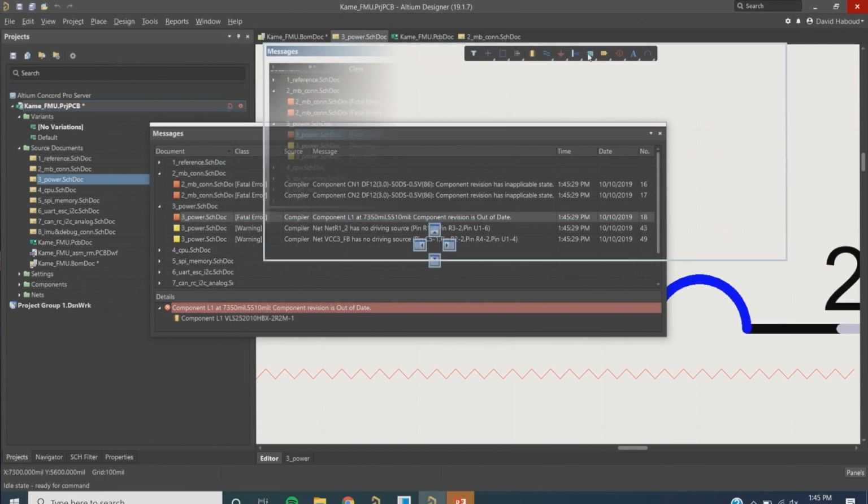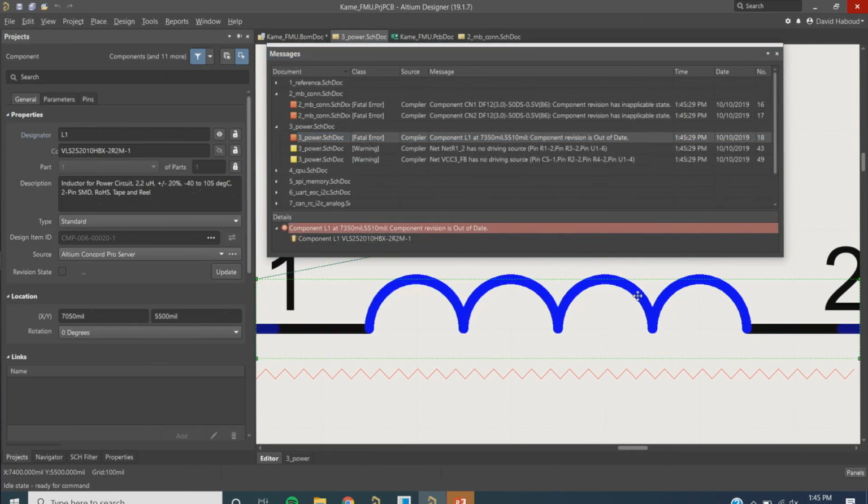So I can navigate to that and click on it. And there we go. That's updated to the latest schematic symbol. And now I can just do an ECO, and if the footprint changed, that will be updated as well. That was pretty easy, right? I didn't really have to do much. And it also gave me, we automatically swap the model